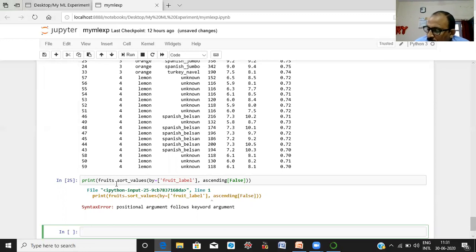Fruits dot sort_values by fruit label, comma, ascending equal false, okay.